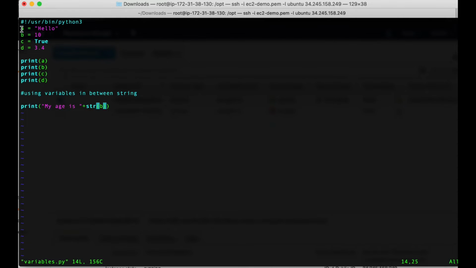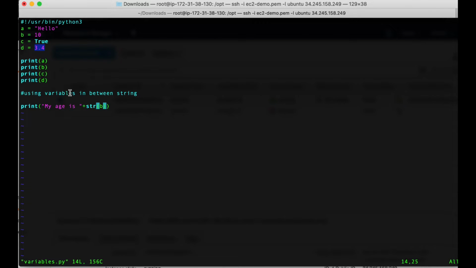I have defined this variable a equals to "hello", which is in double quotes, so it's a string. b is equals to 10, so it's an integer. c equals to true and d equals to 3.4. So the advantage of using Python is Python automatically figures out that this is a string, this is an integer, this is a boolean value, this is a float value.